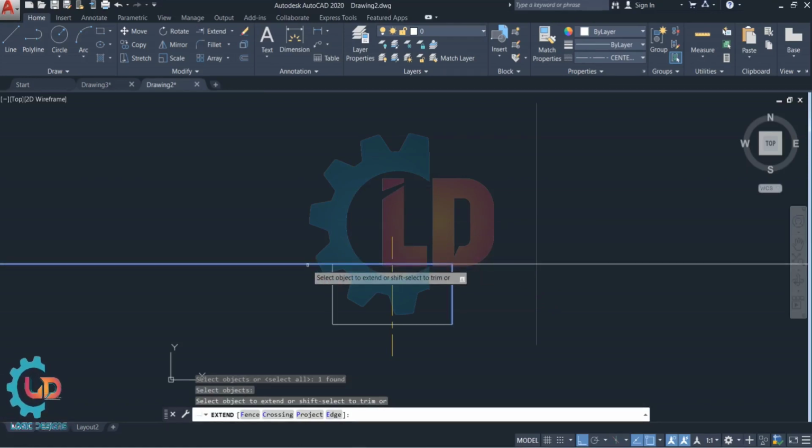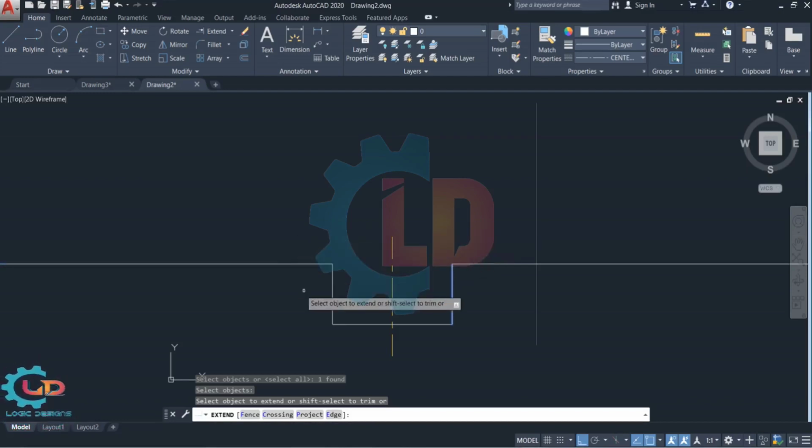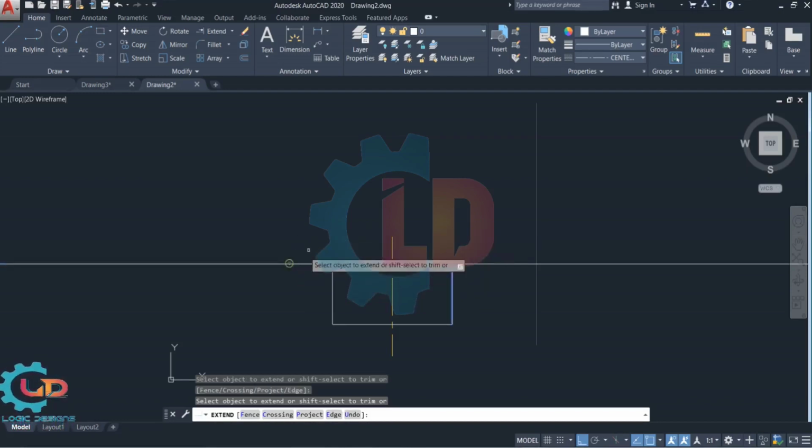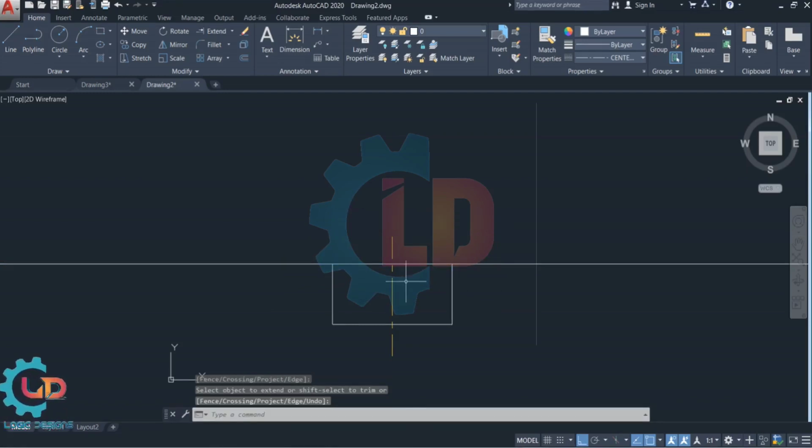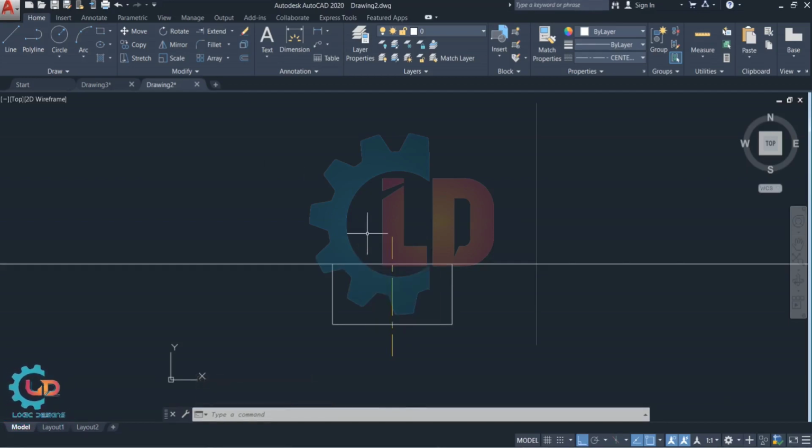Then select the object that you want to extend. I am selecting a line here. You can see here the line is extended towards the boundary. Okay, that's it class. This is the extend command in AutoCAD.